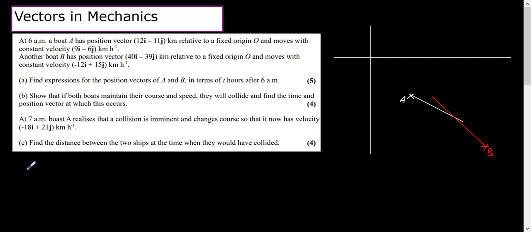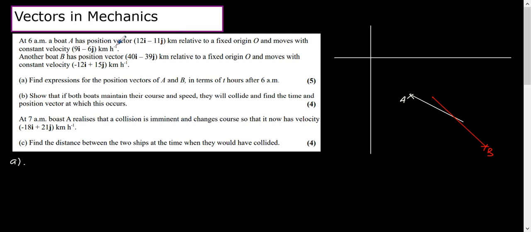So in our third lesson, we're going to look at some vectors in mechanics, and we're going to draw together all of our knowledge of position vectors, of magnitude of vectors, of distance between vectors, and we're going to put all that together into a mechanics context where we're going to be talking about vectors for velocity and position in one question. So we have this situation where at 6 a.m. we've got boat A and boat B. Boat A has a position vector of 12i minus 11j kilometers, and it moves with a constant velocity 9i minus